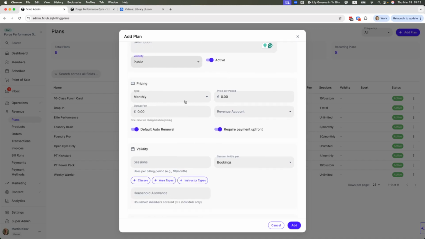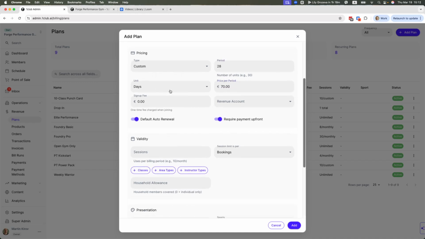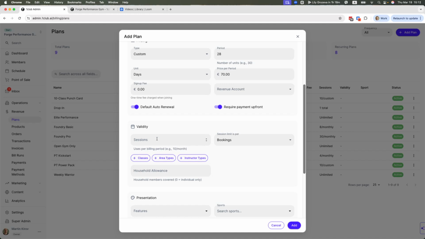We can define here what's the duration for this plan. So it could be one time for drop-ins, it could be weekly, monthly, quarterly, annually, or we can go custom. If we go custom, we can say this is for days and it is for 28 days. There is no sign-up fee. The price would be 70 euro. So that is for 28 days, 70 euro, and we're going to say it's for 8 sessions, as the name